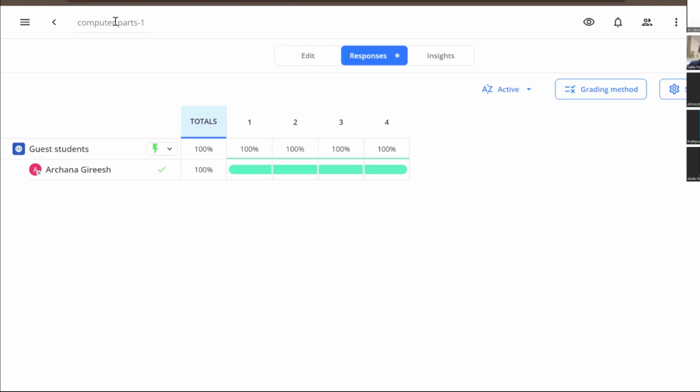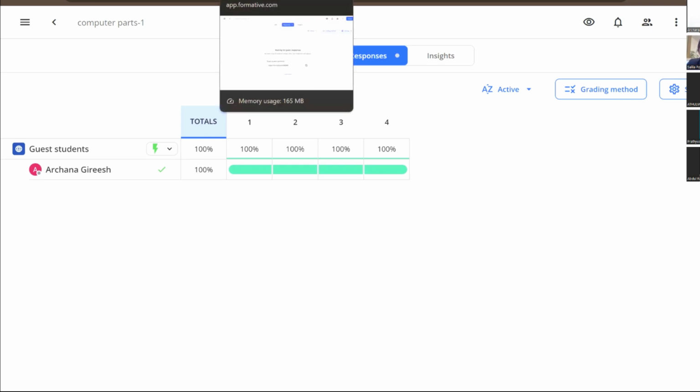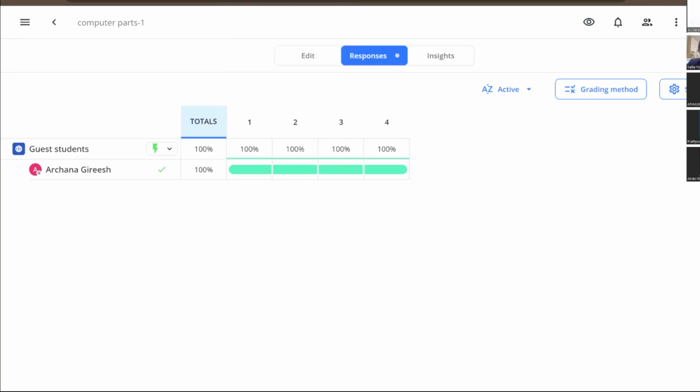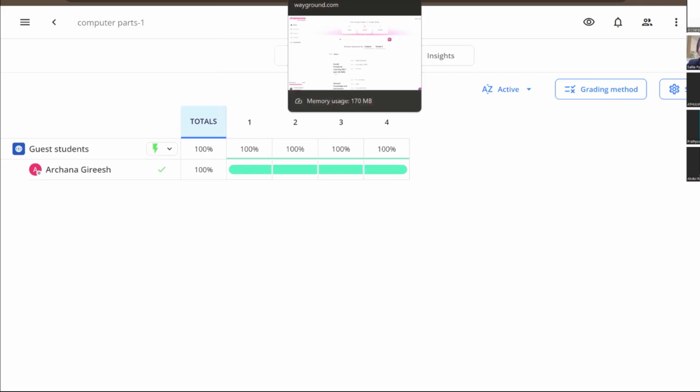Yes, Archana teacher, any doubt? Is it possible for other languages also with the Formative assessment tool? We need to check whether the language is supported or not. Manually, we can type. With the AI, I don't know whether it is possible to create or not, but manually, like how we are creating in quizzes, the same way we can type and create. Okay, thank you, teacher.